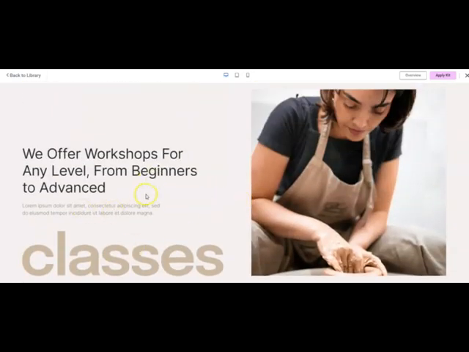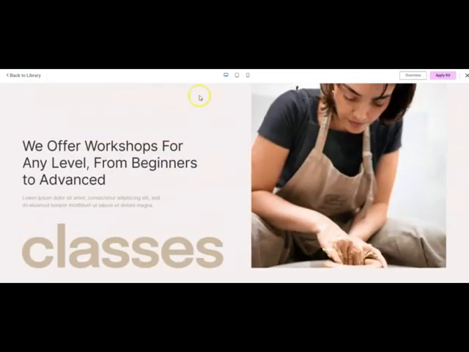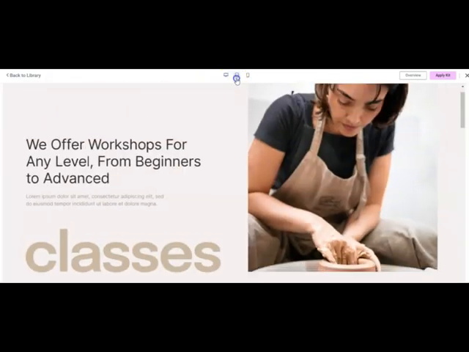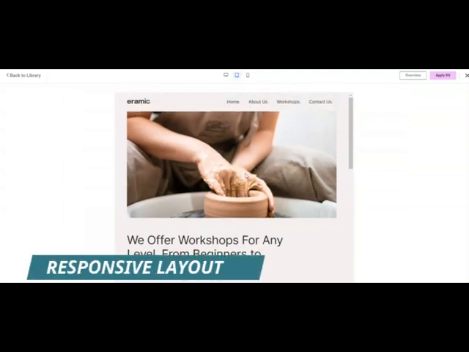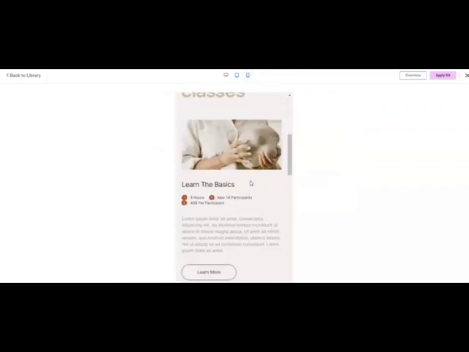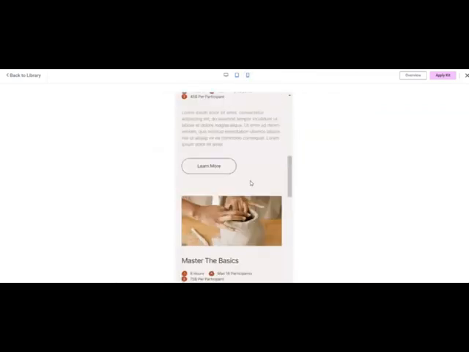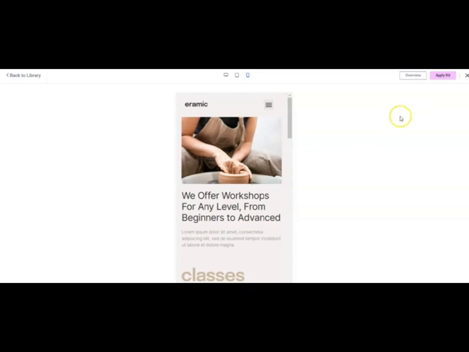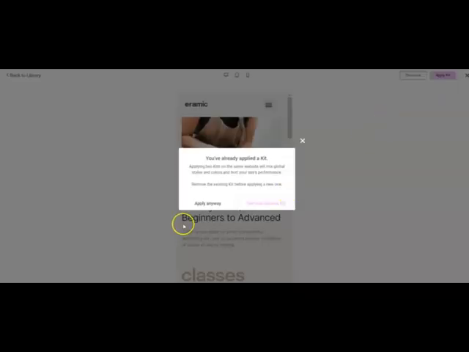So we also should note, when we're looking at these designs, some additional aspects. We can look at the site that we're about to install in both tablet and mobile format to see exactly what it's going to look like, and that's really helpful. So we've applied the kit,